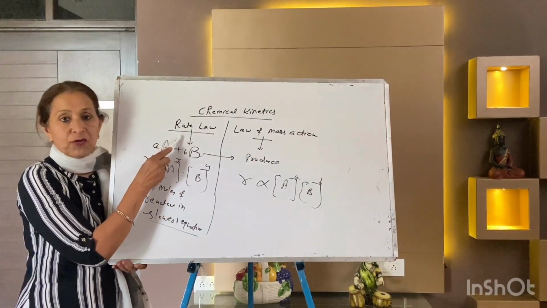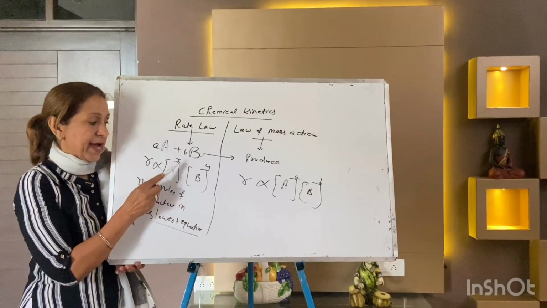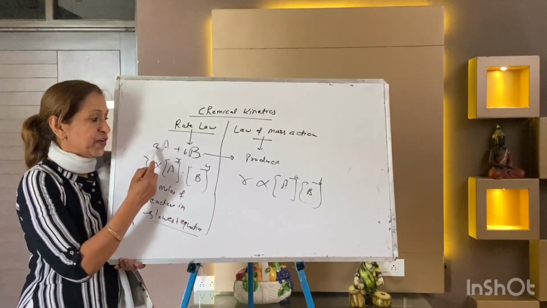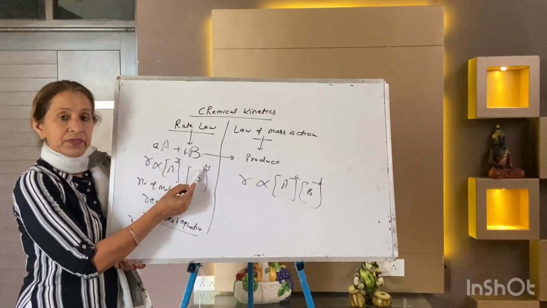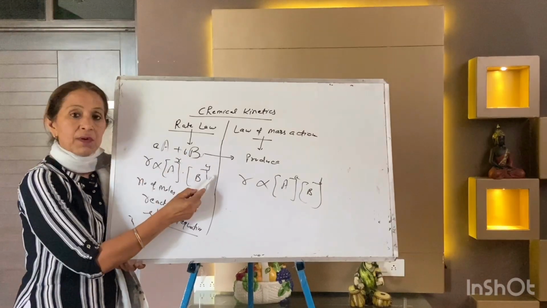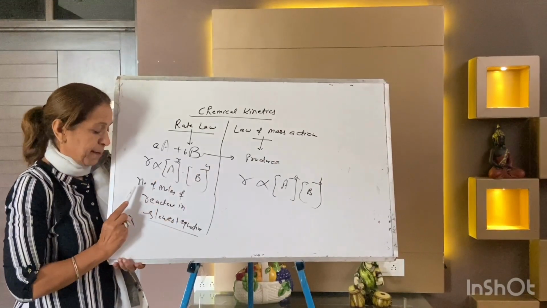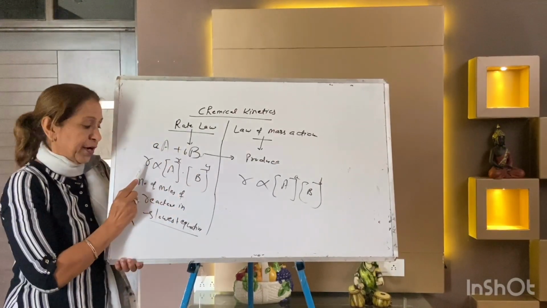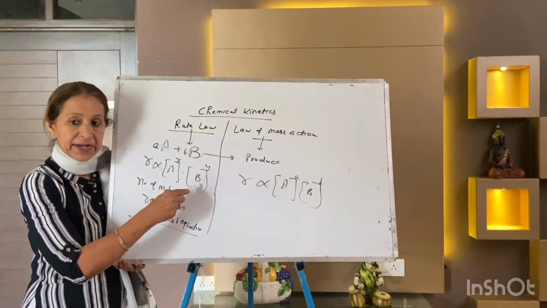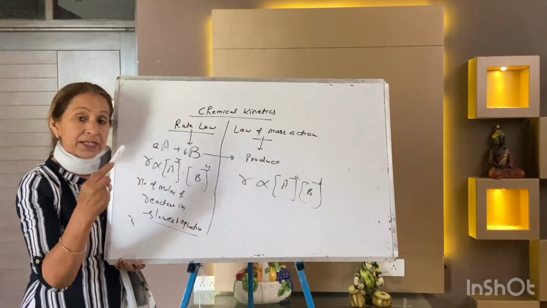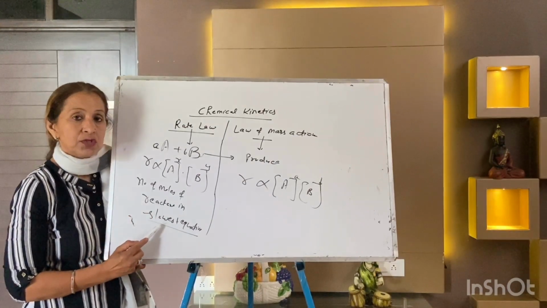But rate law is a new law for you. Today we will discuss only rate law. And according to rate law, you have seen I have written X and Y. Now the question is, where are X and Y? On the blackboard there are only A and B. Today I will tell you about X and Y. So I am writing just X and Y. According to rate law, the rate of the reaction is directly proportional to the product of the molar concentration of the reactants, with each concentration term raised to a power equal to the number of moles of the reactant present in the slowest equation.